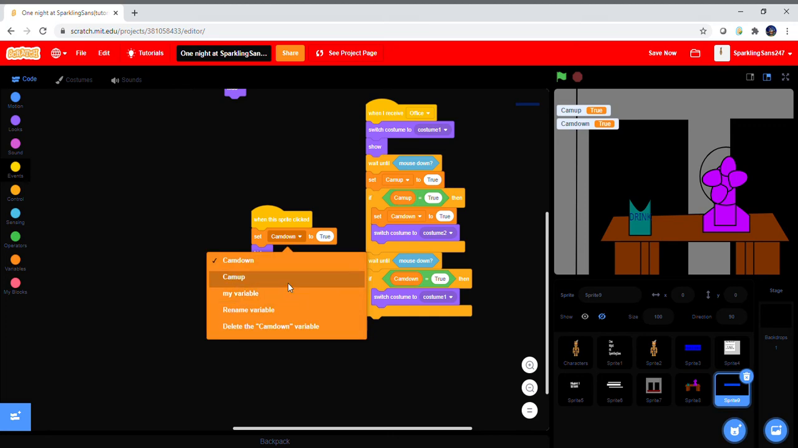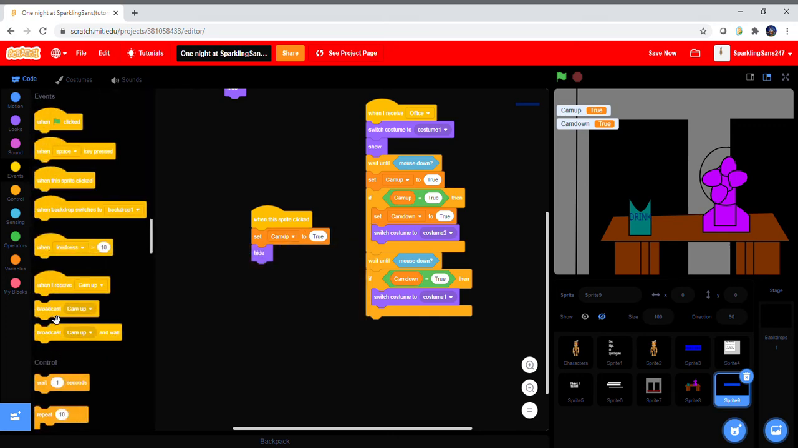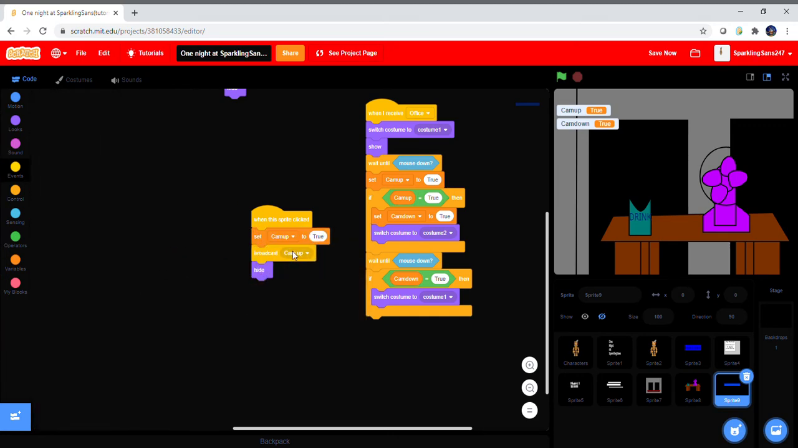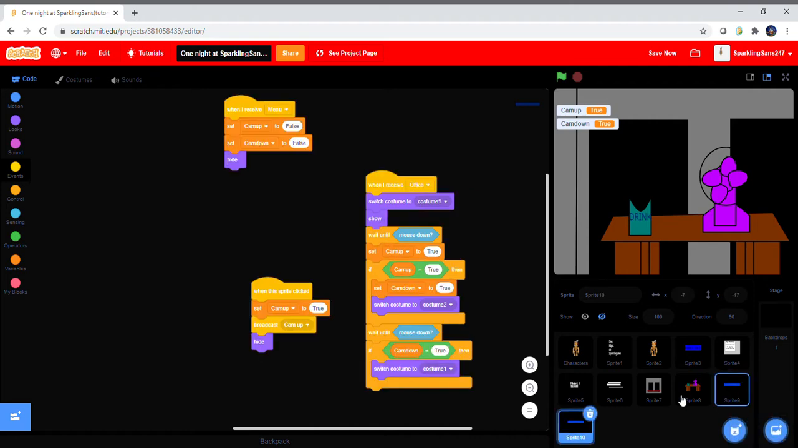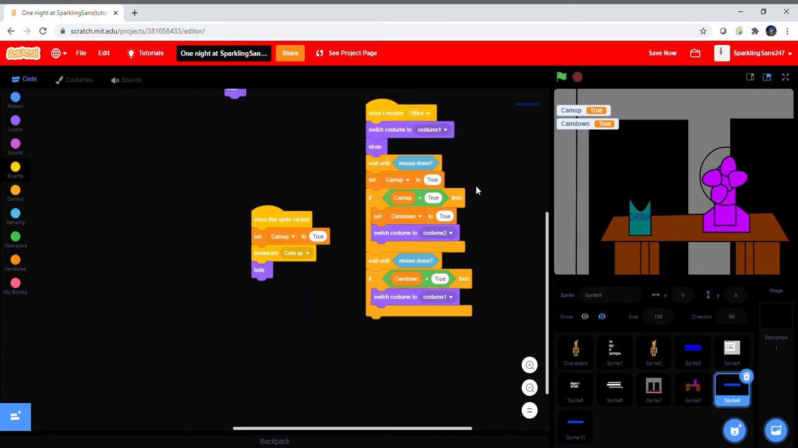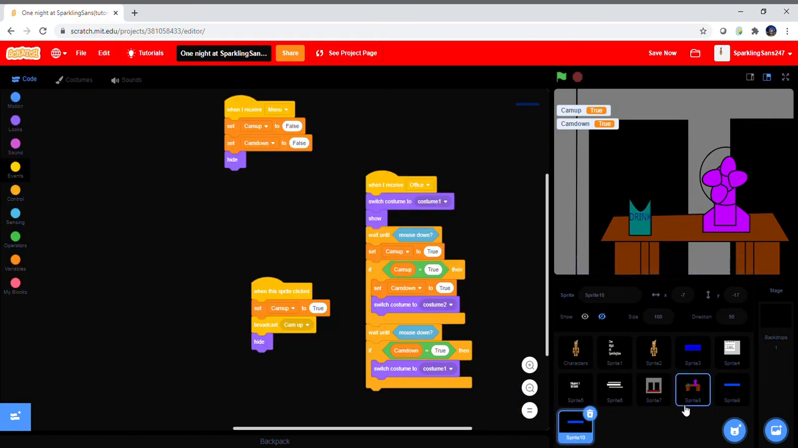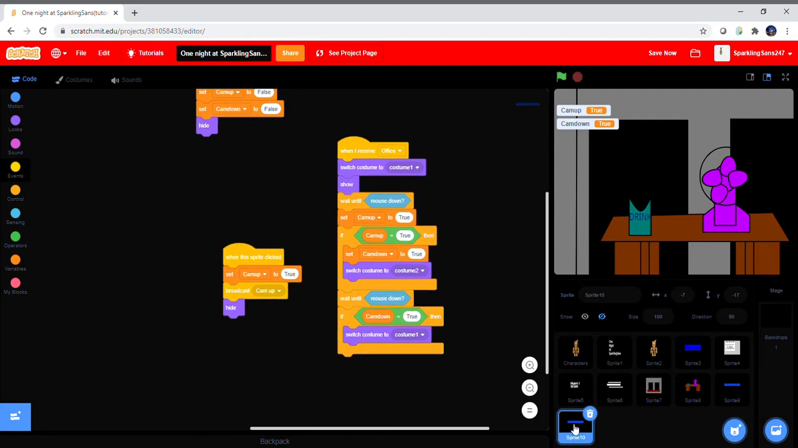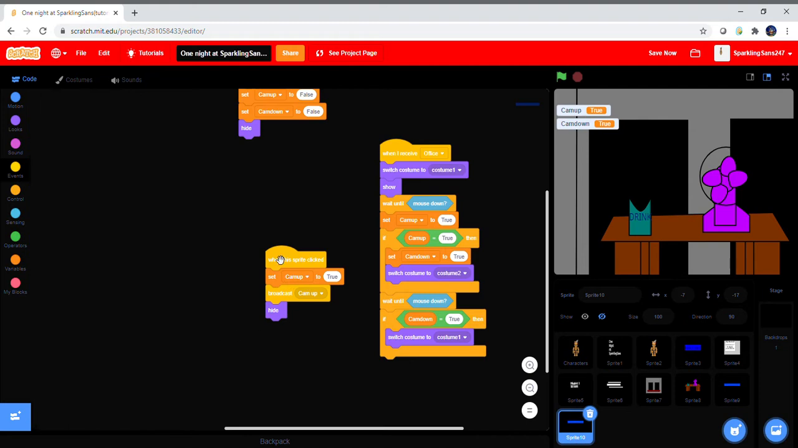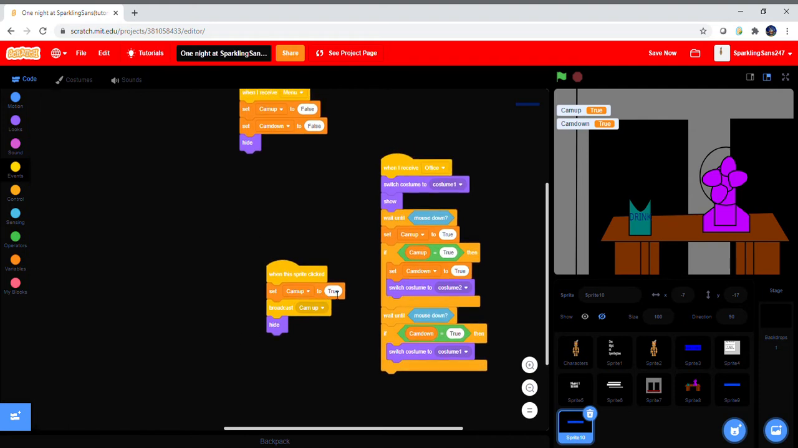And we need to change this variable to cam up to true. And then broadcast cam up. So we got all that. Now we're gonna duplicate it. Oh yeah. Make sure you come to this part right here. Make sure everything's at false. So if everything's at false, then you're good. And now you're gonna want to duplicate the sprite, which I already did. And then you're gonna want to make all this turn into a true